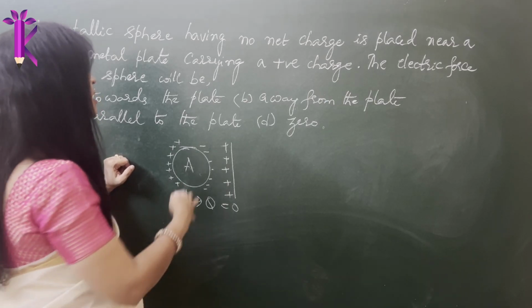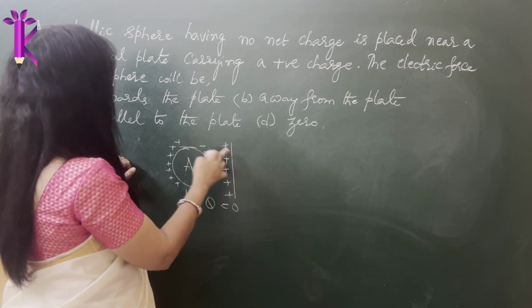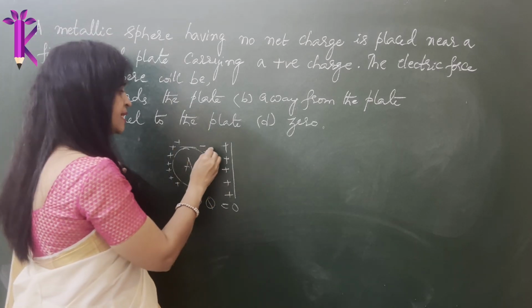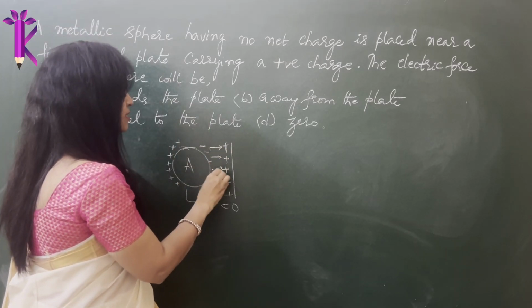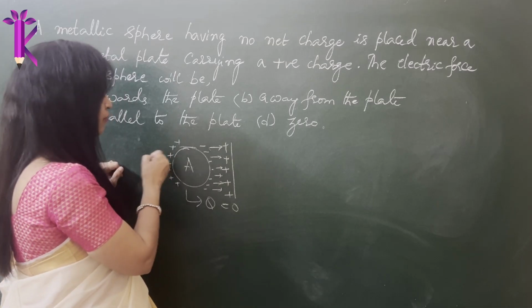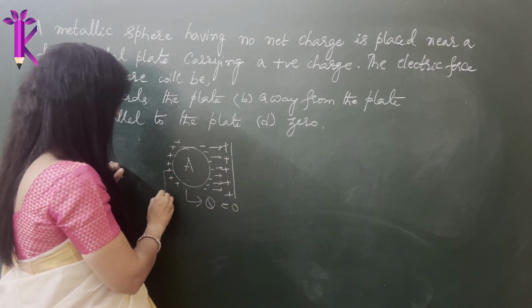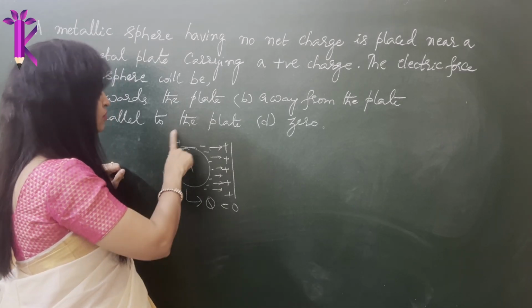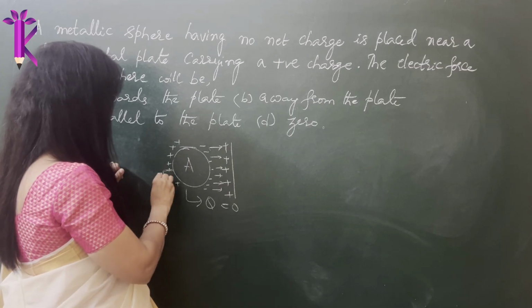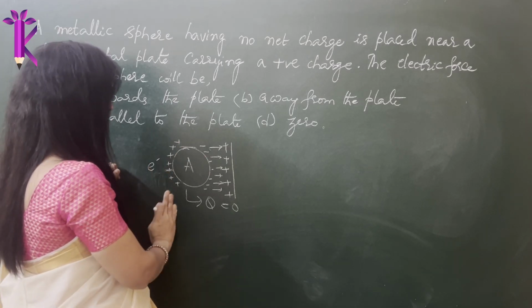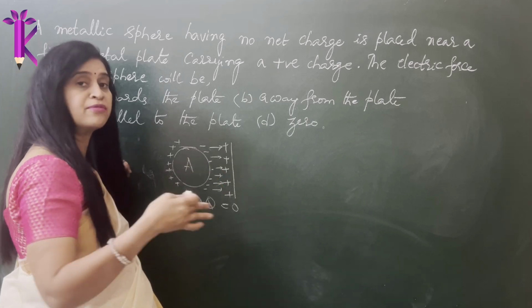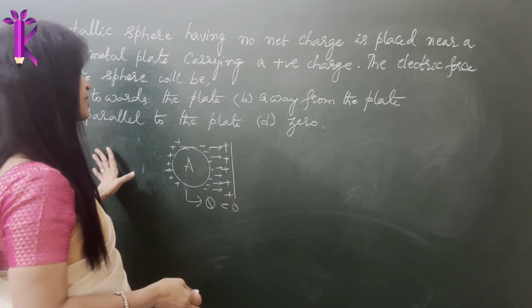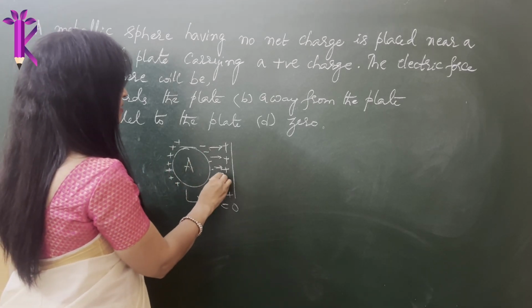But what will happen to the force? Will it experience a force towards the plate, away from the plate, or parallel to the plate, or it won't experience any force at all, which will be zero? It will certainly experience some attractive force. Because of the repulsive force, the electrons want to go away, but they cannot escape unless you give a connection and leave it to earth, where all the excess electrons would flow, or all the excess electrons from the earth would flow to it, because they get attracted, and the entire sphere becomes electrically negatively charged. We have discussed all this in much detail in our theory video on charging by induction, but here let's just answer the question. So what will happen? Certainly it will experience an attractive force.